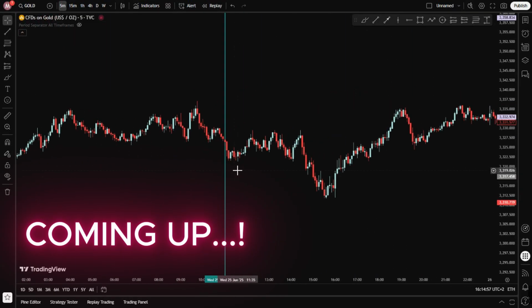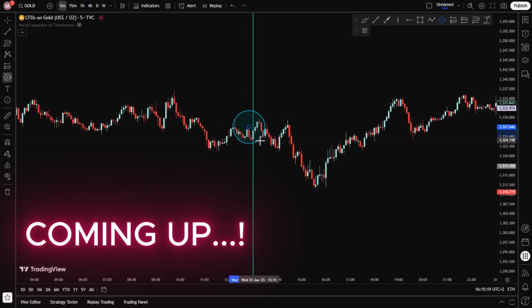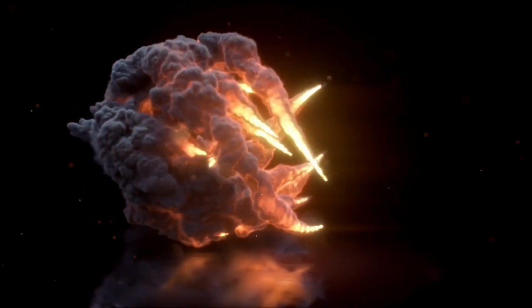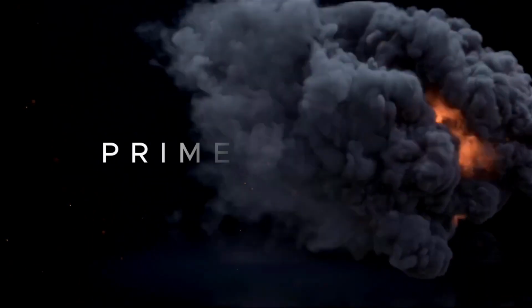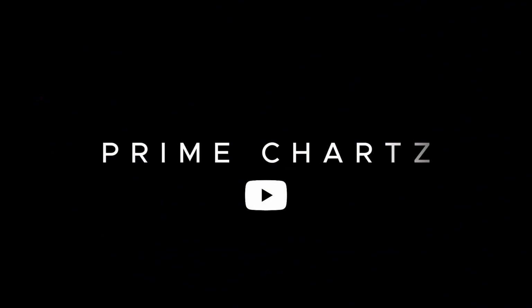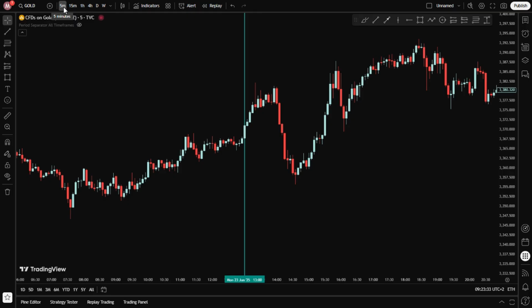Now grab your notebook, pay attention, and let's get started with Monday's chart. So here, we're looking at gold on the 5-minute time frame. Now, personally, I like using the 5-minute or even the 15-minute when I want to get a clearer picture of short-term structure. These time frames help me zoom in on what the market is really doing in those key moments,